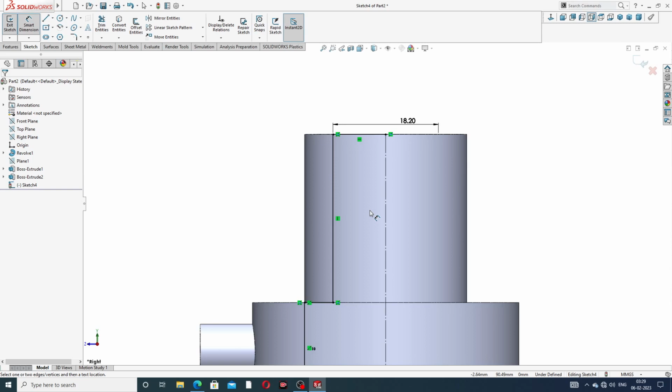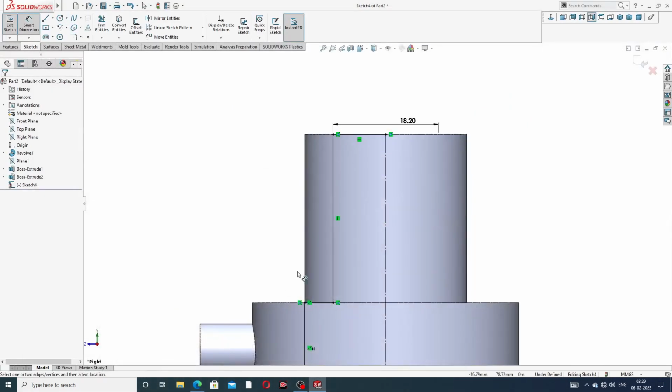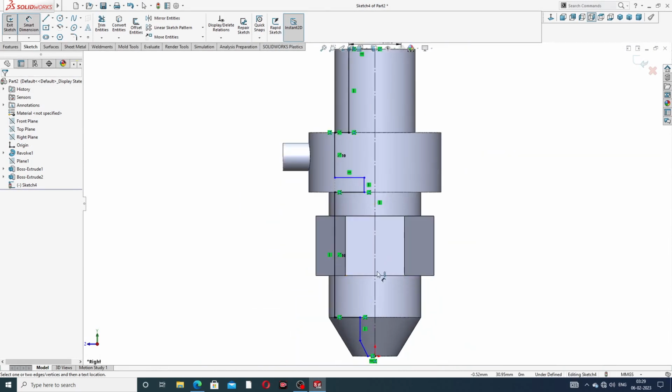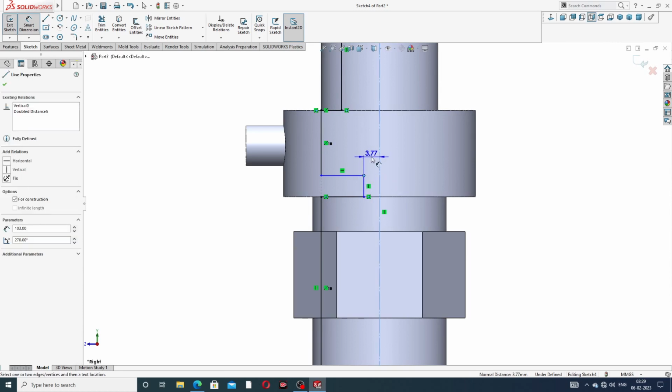This is a perfect 18.2, and again select this. This is correct, and this point to this is